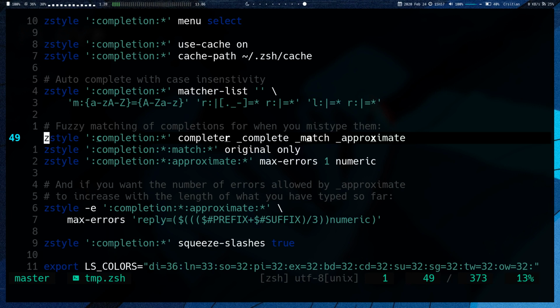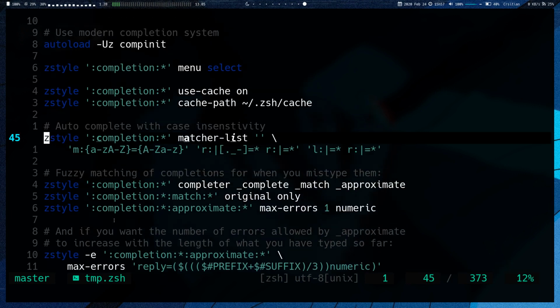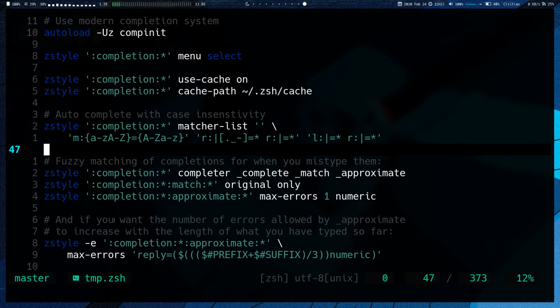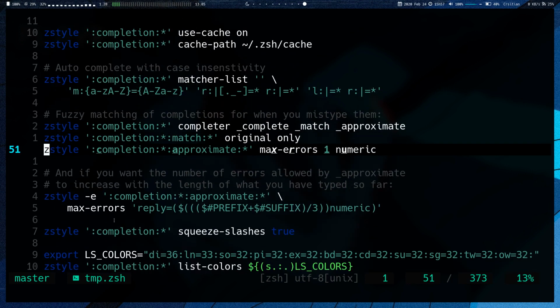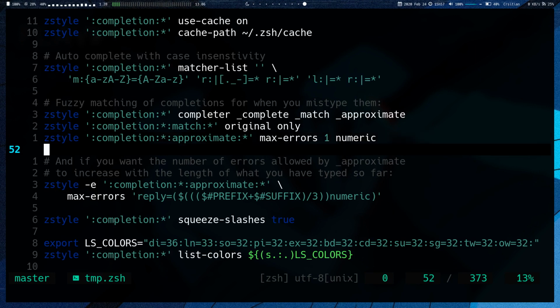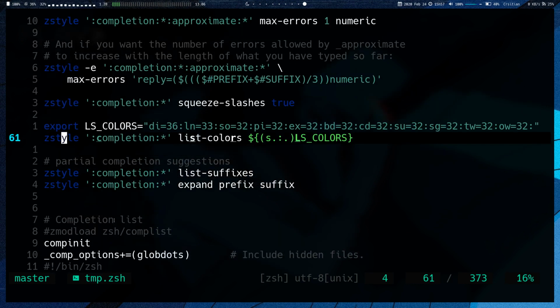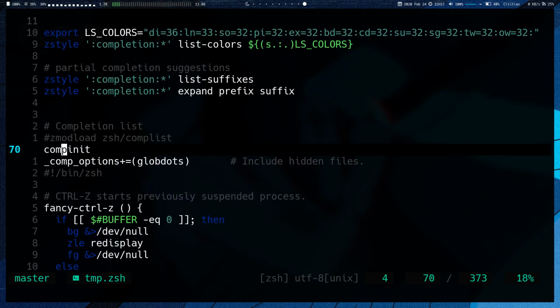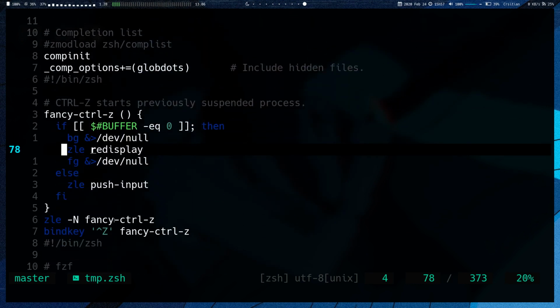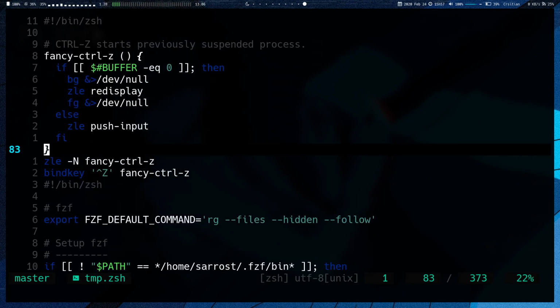options. This, I don't understand. This was a copy paste. This is how you do case sensitivity. This is what controls the, what is it? Autocorrect, basically. A lot of stuff. This is colors. This is the fancy Control Z, but I modified it slightly because for some reason it wasn't working when I